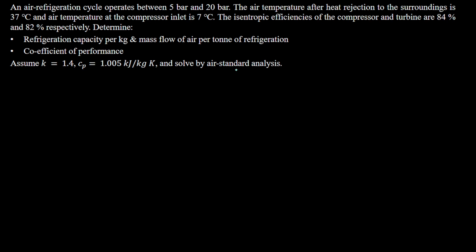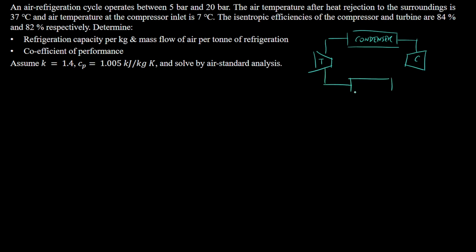And we're solving it by air standard analysis, and that means that we need to find out the enthalpies at each state. So the first thing that we would want to do is to make the schematic, which would be a compressor, which is connected to a heat exchanger, a condenser, and that's connected to a turbine over here, and then another heat exchanger, which is going to be the evaporator,